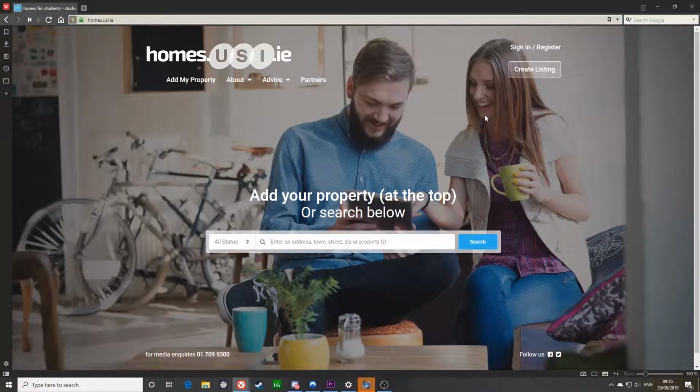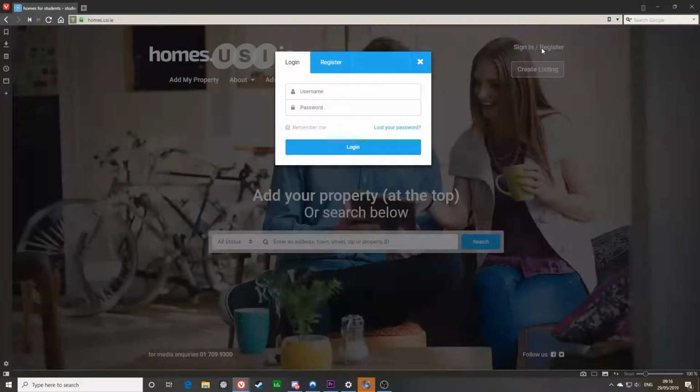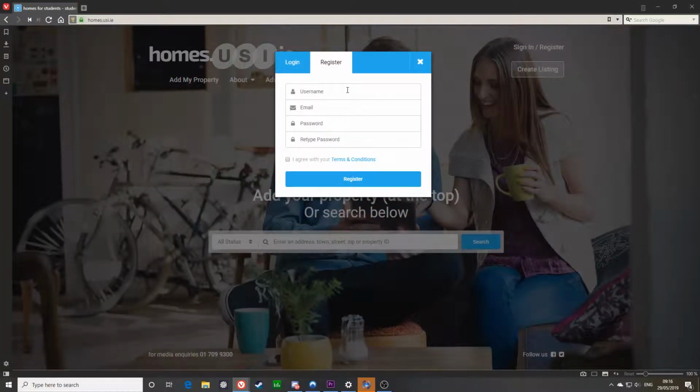And then over here we have the really important thing for us: sign in and register. We need to create an account before we put our property up online. So let's click on register. I'm going to create a new user account for this demonstration. So this is going to be called brand new